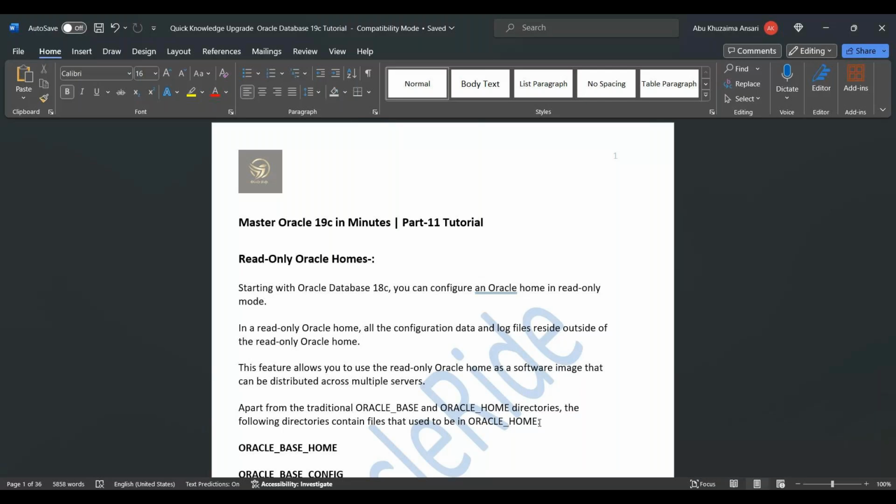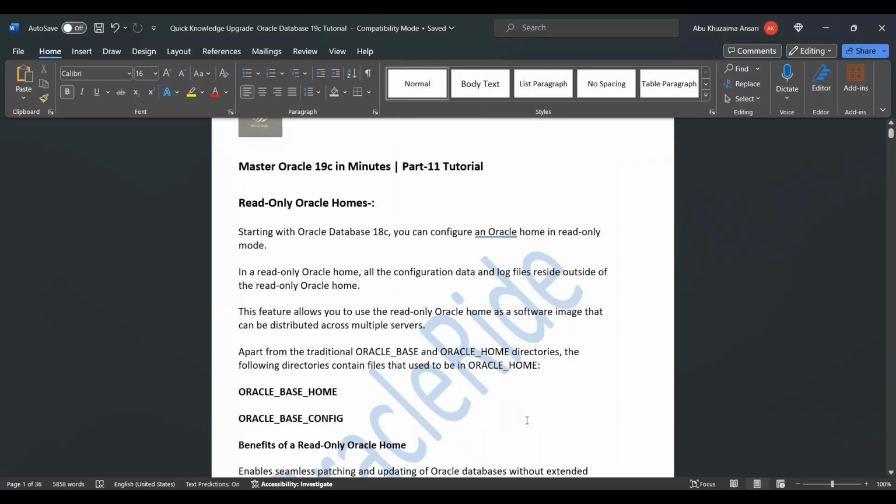And we know that Oracle Home is very important. So, starting with Oracle Database 18C, you can configure an Oracle Home in read-only mode, and basically we are distributing the data and log files separately. So for that purpose, in a read-only Oracle Home, all the configuration data, redo log and log files reside outside of the read-only Oracle Home. So this feature allows you to use the read-only Oracle Home as a software image that can be distributed